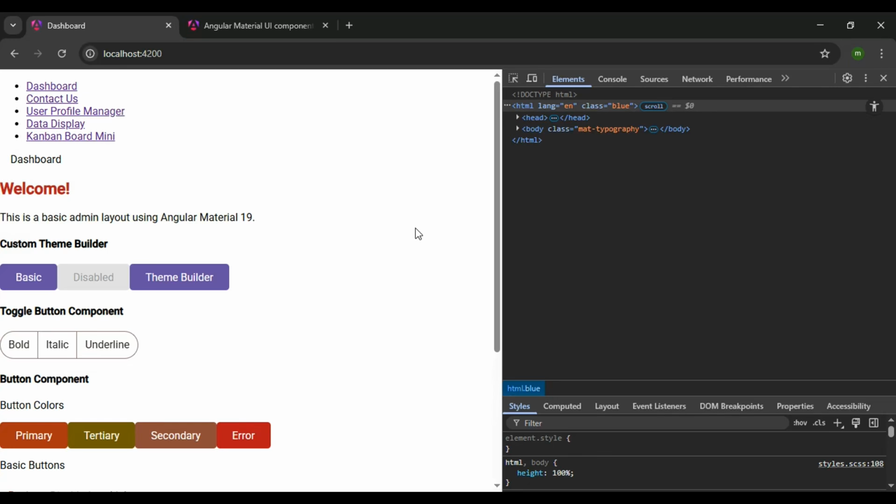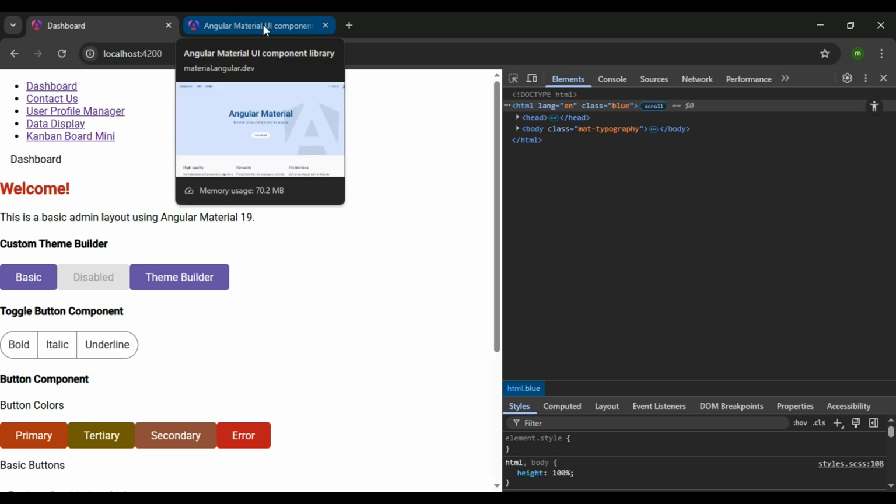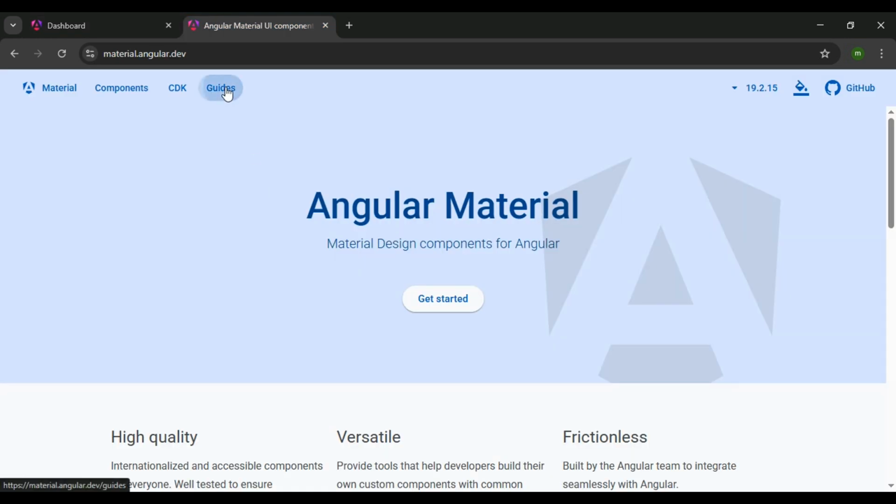In the last several videos, we've been learning how we can switch between custom themes and also pre-built themes. Now in this video, we'll add some radio buttons or radio inputs to the top of the page, and we'll allow the user to select between the different themes that they want. But before we start implementing this, let's check out the documentation, the Angular material documentation, and then select Guides, and